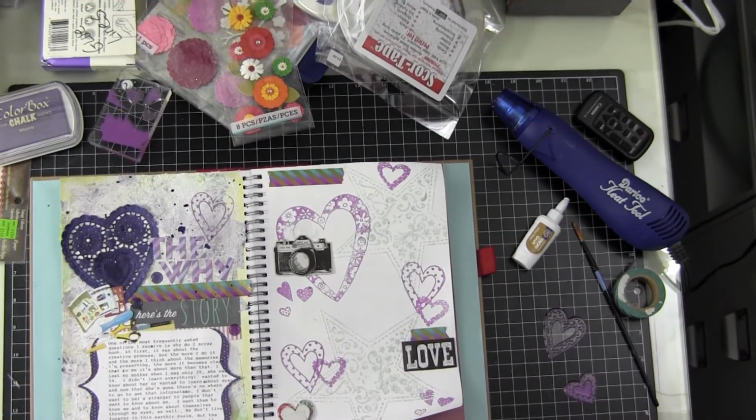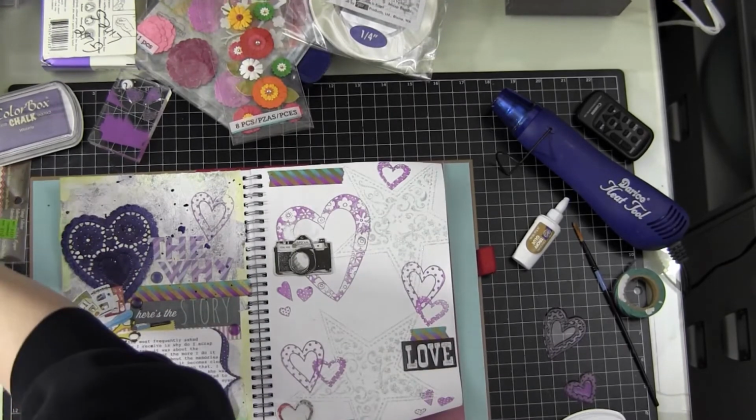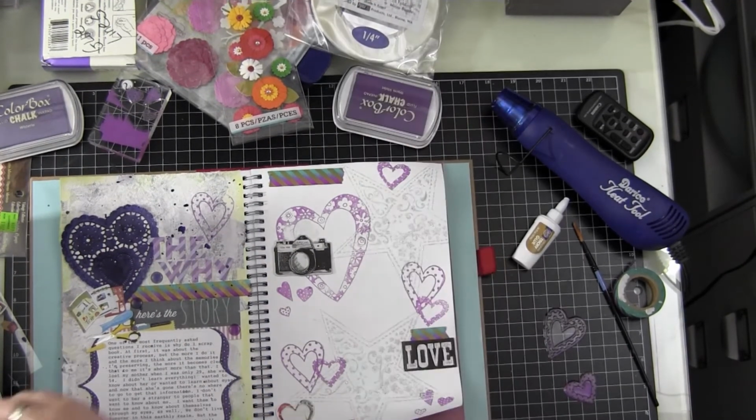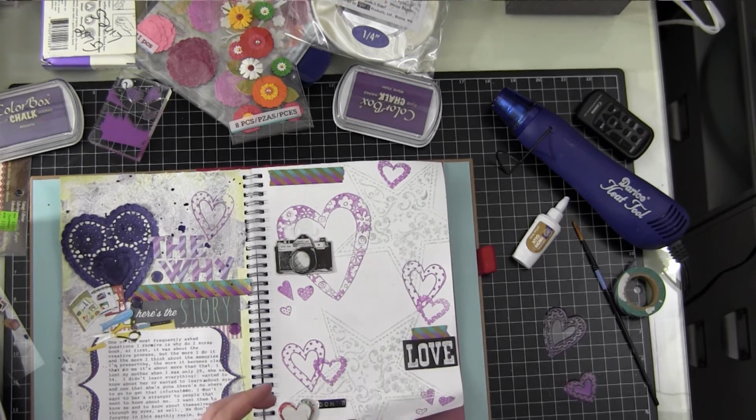Now that's all done. So I want to pull out my phrase stickers, and I have some of these stickers from, let me put a lid on this ink. If I can find the lid. Here we go. From Cosmo Cricket, I have some of these stickers that talk about art, and I want to see if I can include some of them on here. I was looking, there were some black stickers that I thought I could put down here to pull that black down. I'm definitely going to have to find a sticker that goes down there. Oh, here we go. Let's use these epoxy words by Glitz that says, "Don't forget." And that'll bring the black down into this corner, because I really feel like it needs the black down here. So I'm just going to put this "Don't forget" down,